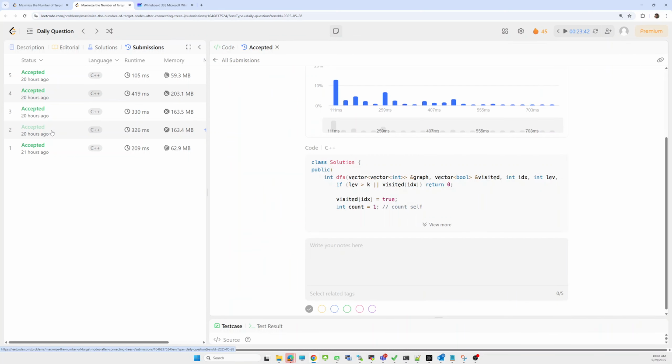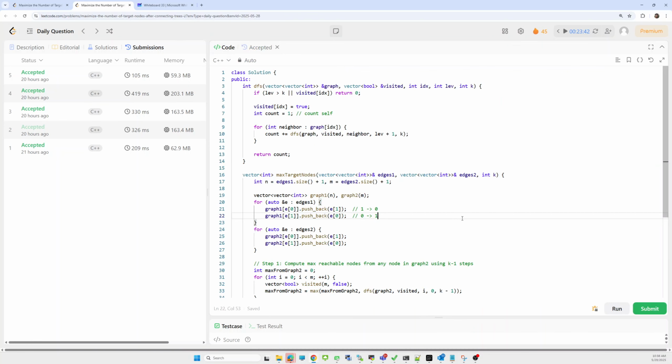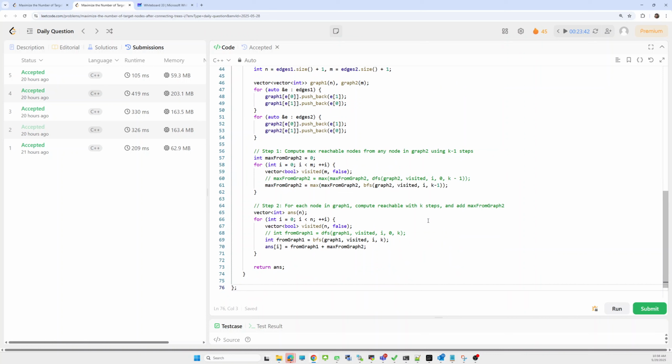My intuition is just to show, with the approach, how memory constraints are increased. For the DFS approach the memory usage will be 62 MB. Now when I jump to the BFS approach, the memory usage will become 3 times, and the time complexity will also increase in the case of BFS.